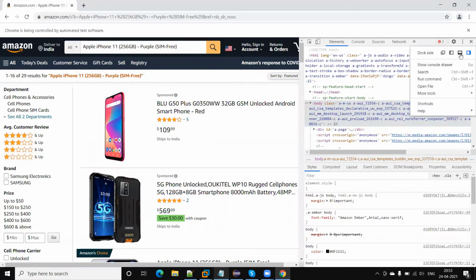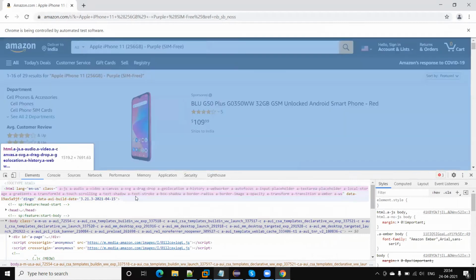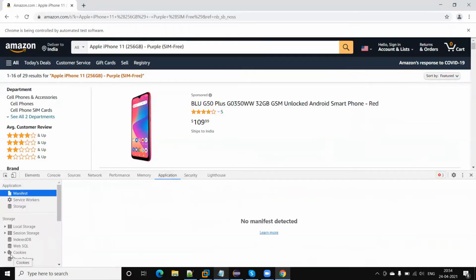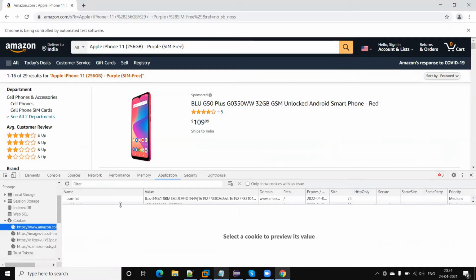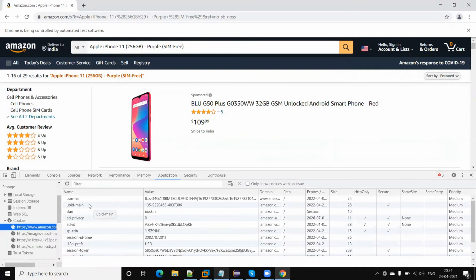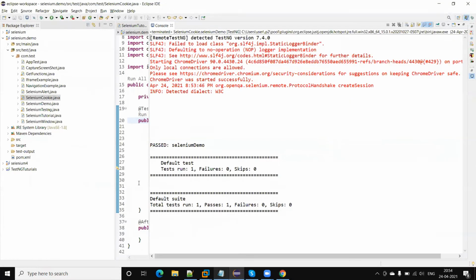Go to inspect, then the Application tab. You can see there is a Cookies section under Storage, and if I expand this, you will get all the cookie information here. A cookie has a name, value, domain, path, expiry date, size, HTTPS flag, all those details. Now I'm going to capture and print some values from this.